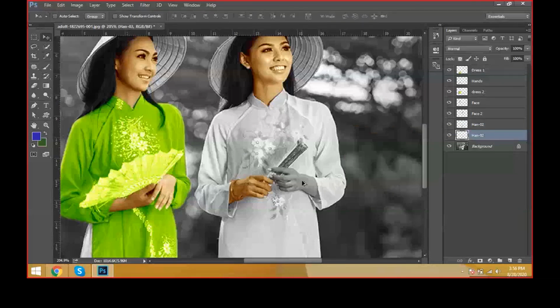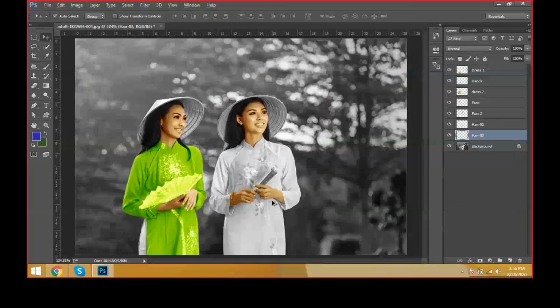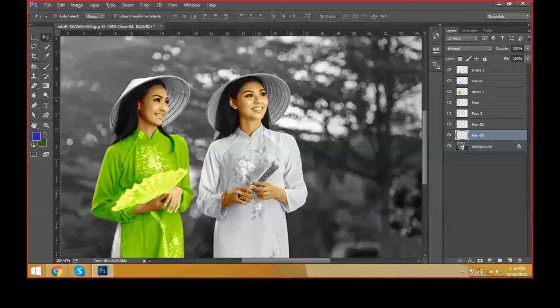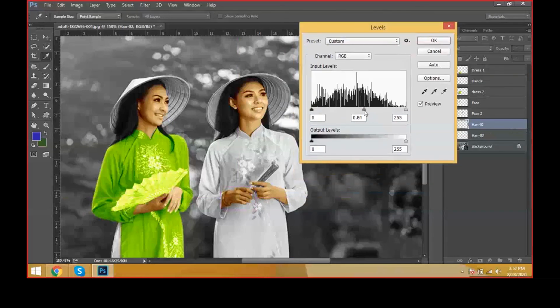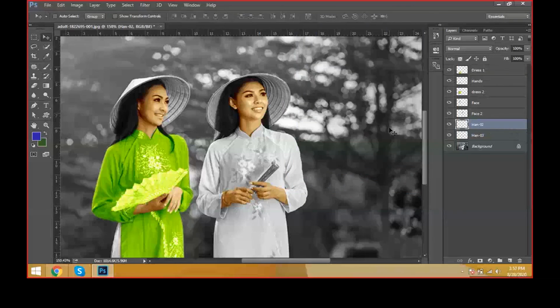We can save these properties, and after giving this one, it looks much harder and better than this one. Just select this layer and press Control L for levels, for the adjustment of lightness. You can go with the lightness like this. See, you can see the lightness of both variations of the hands, and click OK. Like this, we can give the adjustments, everything.